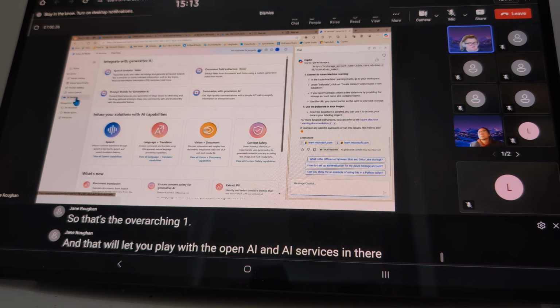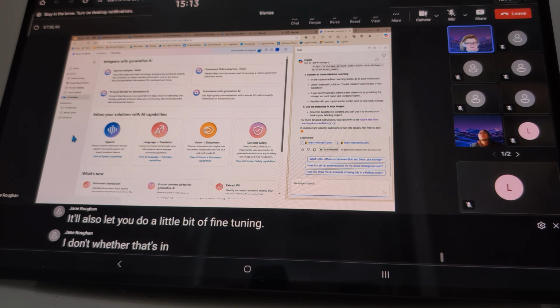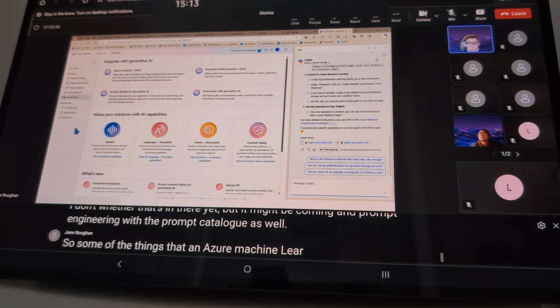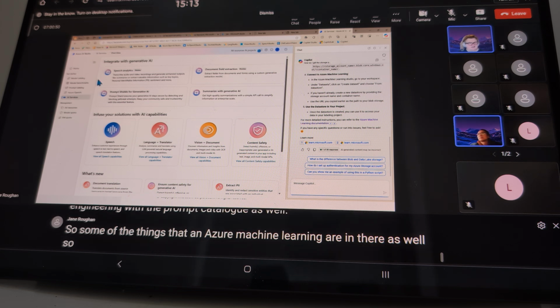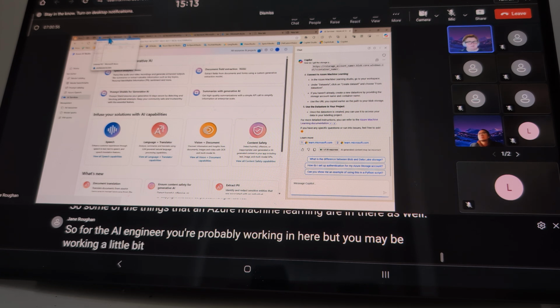It'll also let you do a little bit of fine tuning. I don't know whether that's in there yet, but it might be coming. And prompt engineering with the prompt catalog as well. So some of the things that are in Azure Machine Learning are in there as well. So for the AI engineer, you'd probably be working in here, but you may be working a little bit in